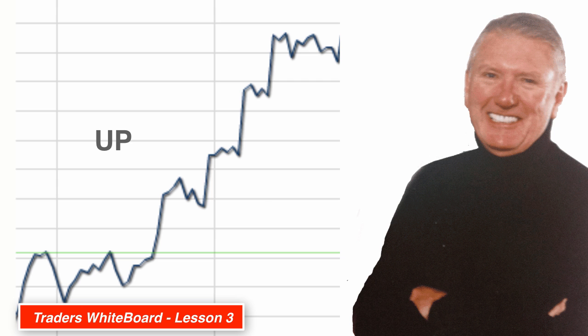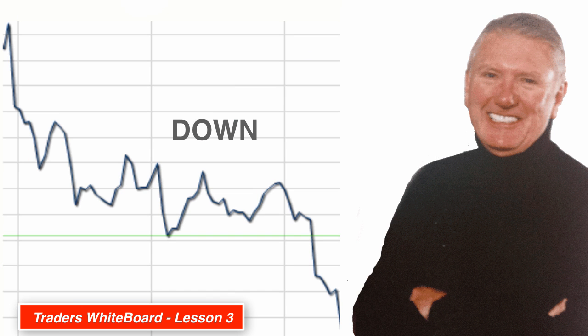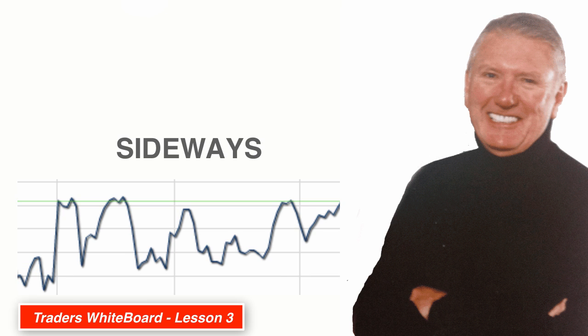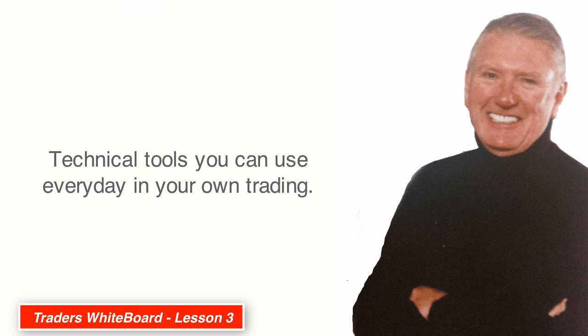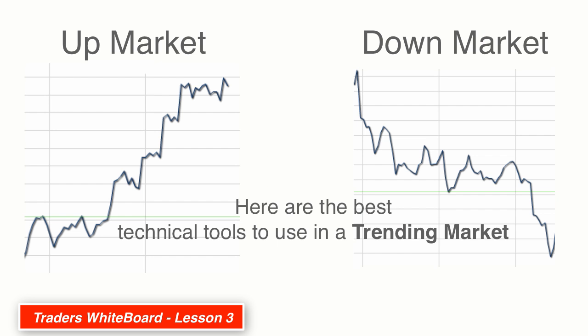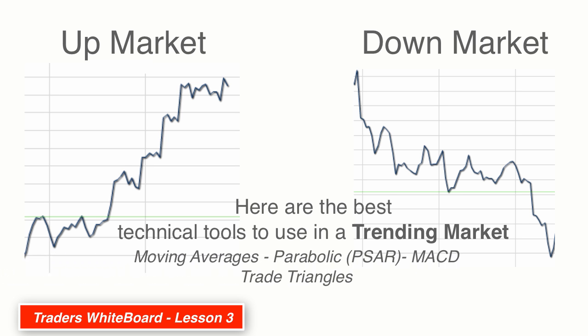We'll be analyzing each of these markets, the up market, the down market, and the sideways market, with technical tools that you can use every day in your own trading. Okay. Let's talk about up markets and down markets. Here are the best technical tools to use in a trending market. They are moving averages, parabolic PSAR, the MACD, or the moving average convergence divergence indicator, and MarketClub's trade triangles. We'll be talking about trade triangles a little later on in this series and how useful they are in trend